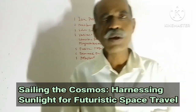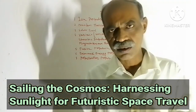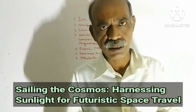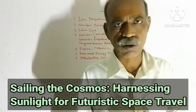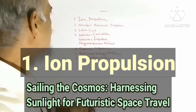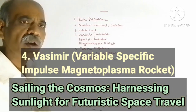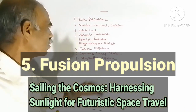Future interstellar travels will become possible within a human's lifespan only if these technologies become reality. Scientists are working on all these technologies. The technologies are ion propulsion technology, then nuclear thermal propulsion, solar cell, VASIMR. The full form of VASIMR is variable specific impulse magnetoplasma rocket, and then comes fusion propulsion, and then beamed energy propulsion is there, and